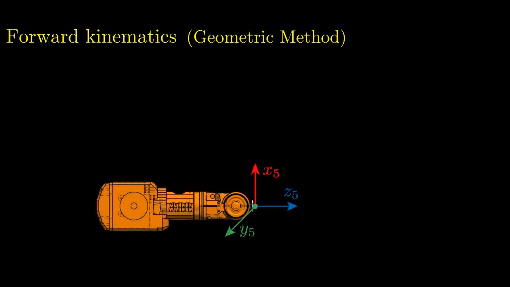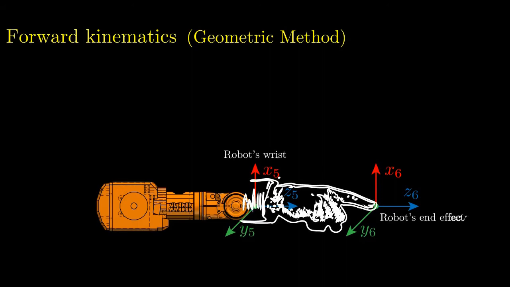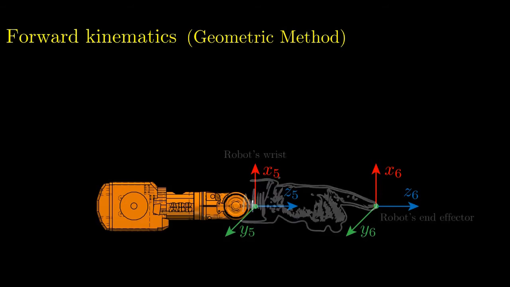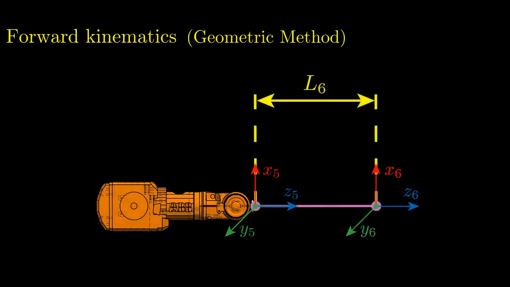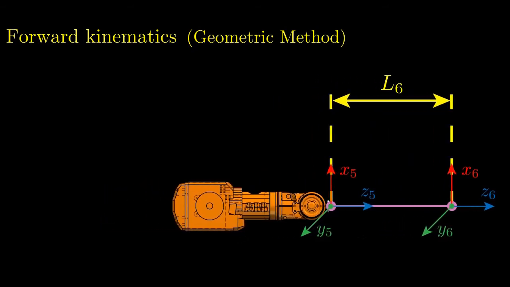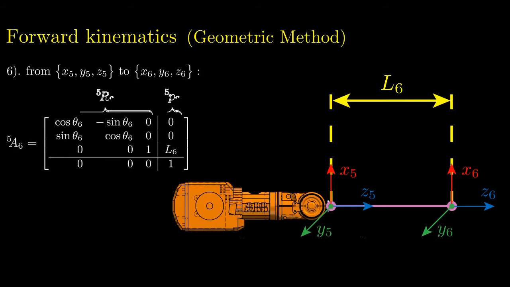Regarding the end effector configuration, the final or gripper coordinate system is placed in most cases with the same orientation as the wrist coordinate system, for simplicity when the kinematic equations are computed. Then we assume here that the gripper coordinate system is displaced only a distance L along the z-axis of the preceding wrist frame, and thus the pose of the end effector with respect to the wrist is described by the following last transformation matrix A from 5 to 6.